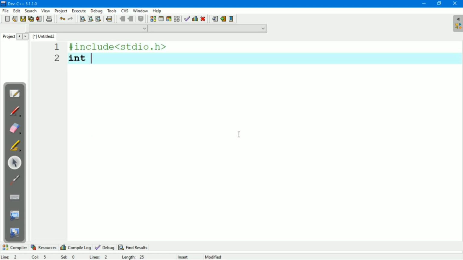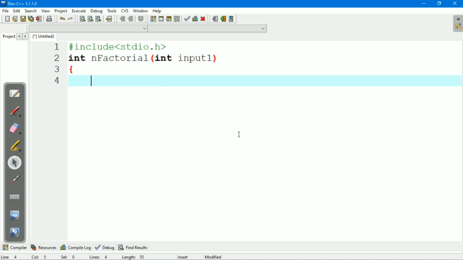After that we will declare the function named, let's say, n factorial, and we have to pass an integer argument, int input1. Now we have to declare the variable, let's say int i for loop, and we have to initialize the fact variable to 1.